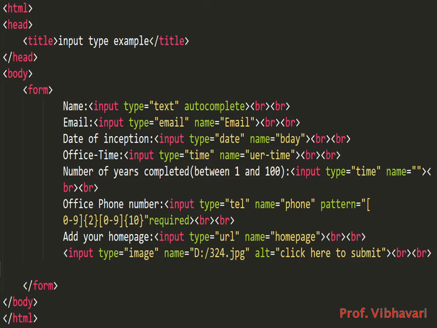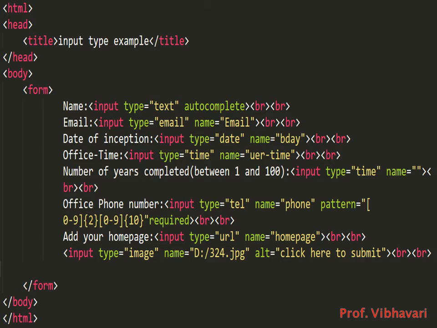Office phone number, to take the input in the form of a telephone number, I have given input type is equal to tel, name is equal to phone, and for that the pattern is 0 to 9 it is 2 and 0 to 9 is 10.